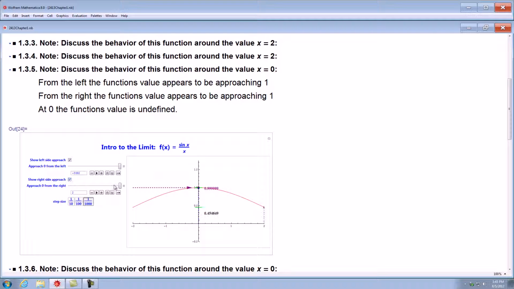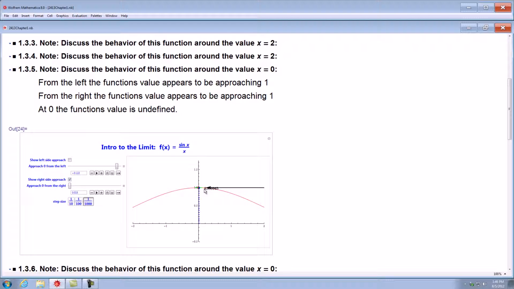As we come in from the right side, same sort of thing happens. You can see it here. I'm growing. It's negative. It's 0.77. And as I get closer and closer, it's starting to go closer and closer to 1. I'm going to pull this other one out completely so you can see it. So getting closer and closer, and from the right side as I approach 1, it's getting 0.99 something, 0.999296, even closer. I'll go even finer, and you can really start to see that sucker's getting really close to